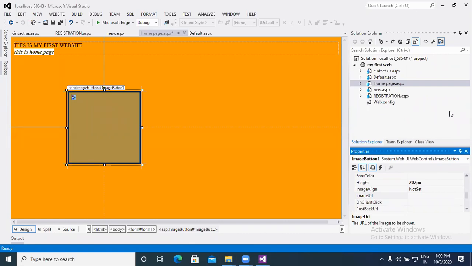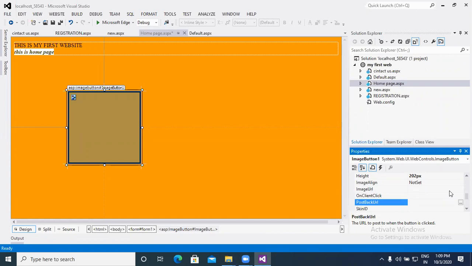Image URL displays the image on a website, and on client click is useful for jumping or navigation from the home page to the registration page or from the home page to another page. This is the concept of on client click. And postback URL is useful to run the application at runtime, diverting from one page to another page, to navigate from one page to another.